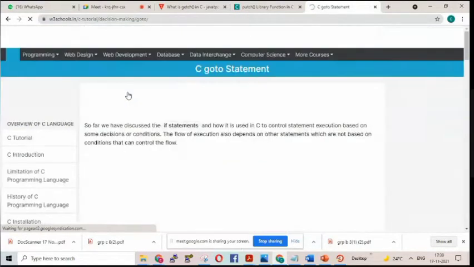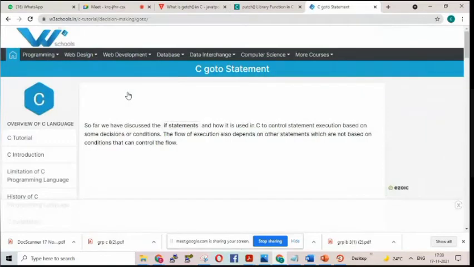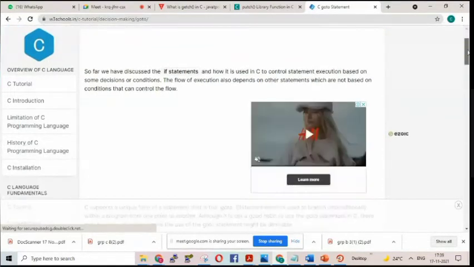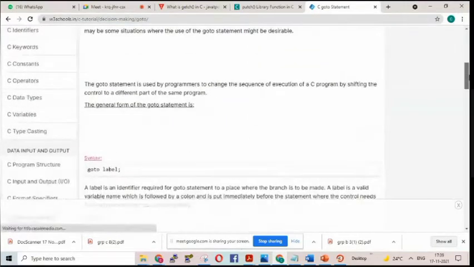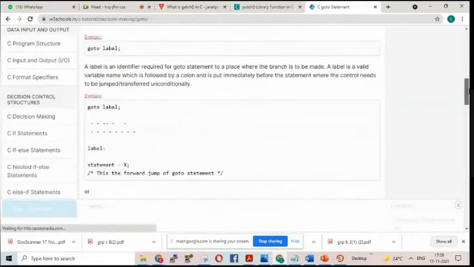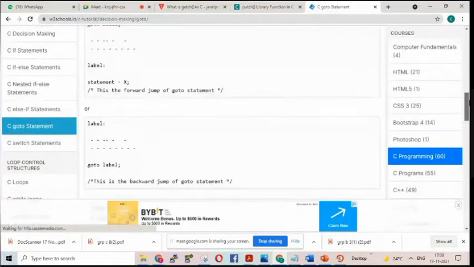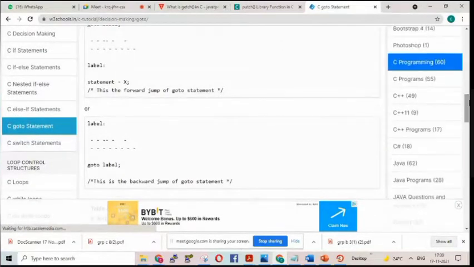But if you want, when we come to that context, we may see it once. Goto is a concept which used to be used in earlier programming languages like COBOL, BASIC, Fortran.